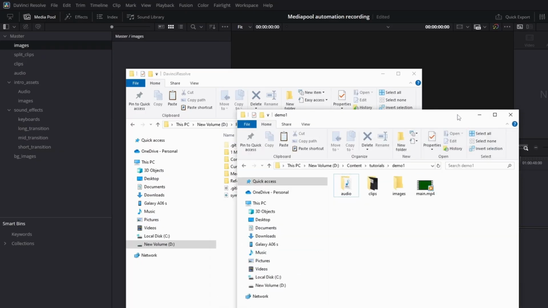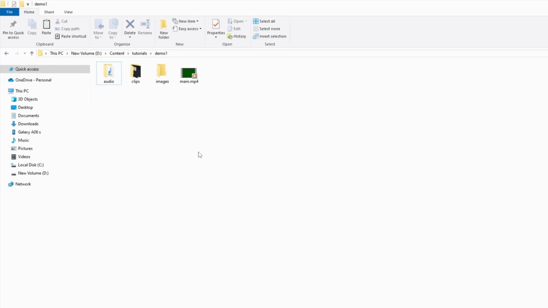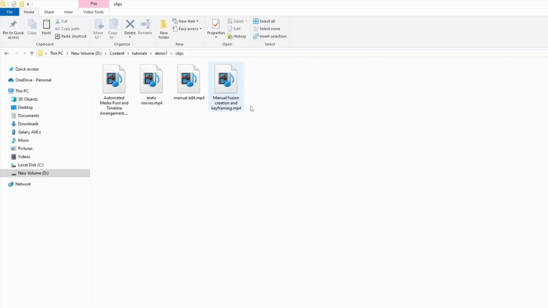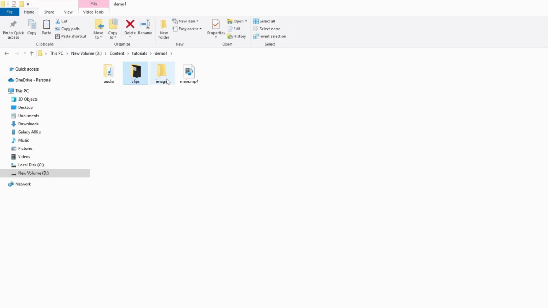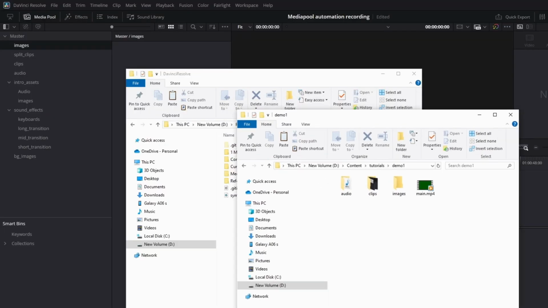Inside my Demo1 folder, our media content working directory, I have Audio, which contains the main audio track for the timeline. Clips contains sample video clips. Images is currently empty. Main.mp4 is a sample video used later in our automation. This folder, Demo1, is what I refer to as the working directory or the main content directory for the current